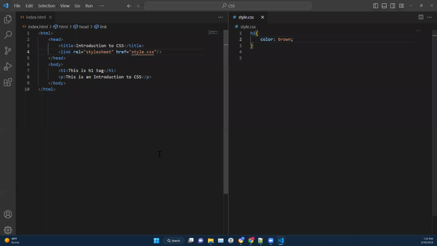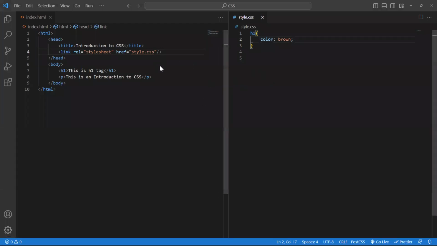So basically, this is the commonly used approach in software development, and I mean in web development or web design. This is the most commonly used approach. So apart from this, we're also going to look at